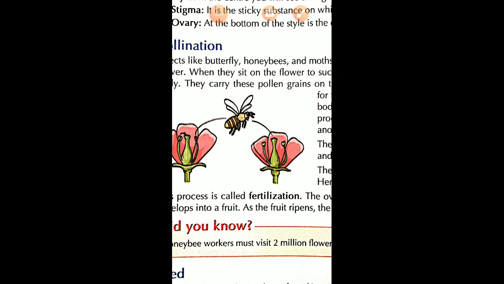Now try to understand what is fertilization. Fertilization can be defined as the fusion of the male gametes. Fusion of the male gamete means that pollen which are inside the anther now move to the stigma. Is it clear? Fertilization can be defined as the fusion of the male gametes with the female gametes, and these female gametes are in the ovary. You can say ovules, or you can say egg cell, or egg cells.